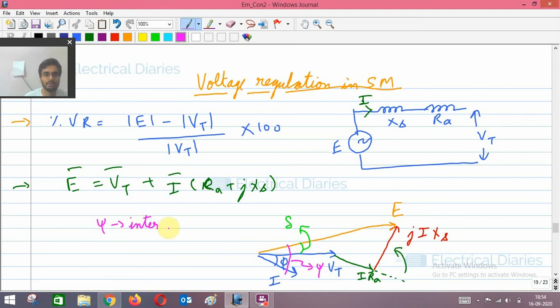See, what is the power factor angle? Between the voltage and current. So we have two voltages, E and VT. Between E and I we have the internal power factor angle, and between VT and I we have the power factor angle, that is phi. And between E and VT we have delta, that is your power angle, or you can say a load angle also. So these terms you should be very clear about, and this is very simple. If you remember this synchronous machine circuit diagram, psi is your internal power factor angle, delta is your load angle, or you can say your power angle.